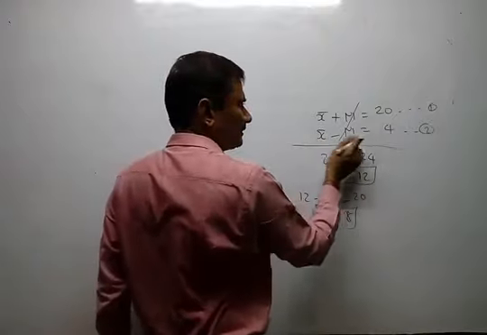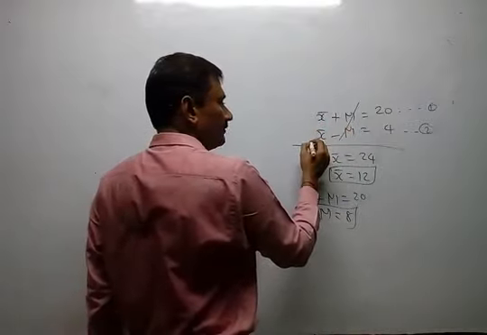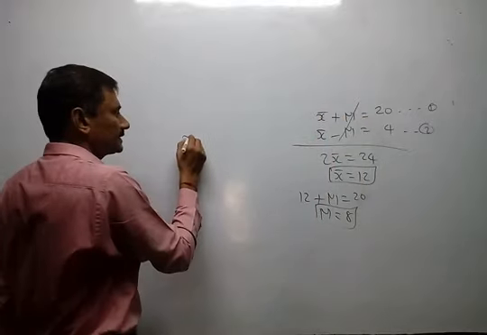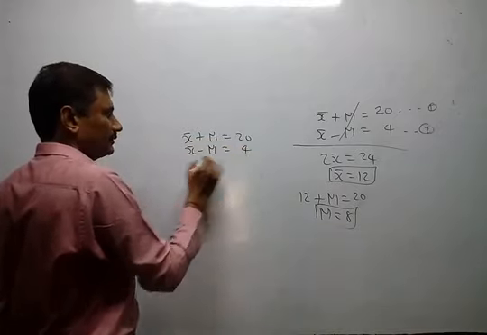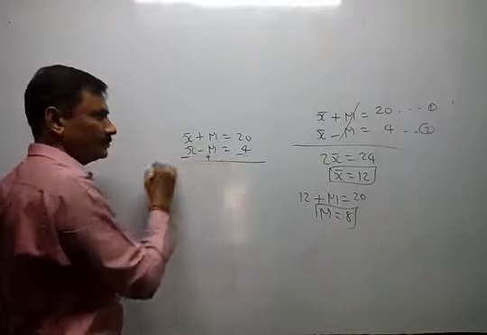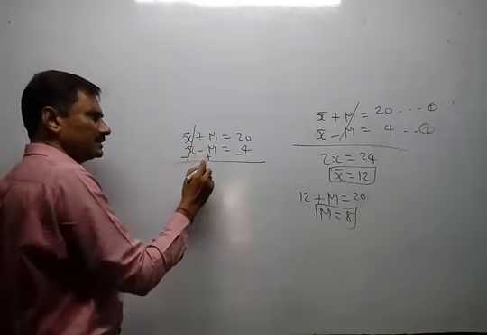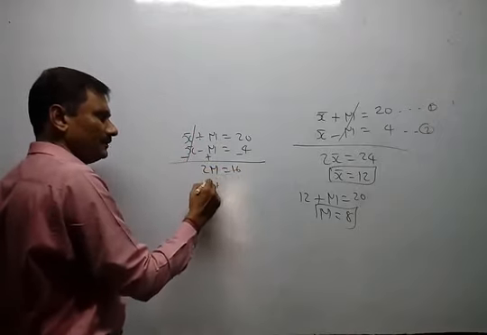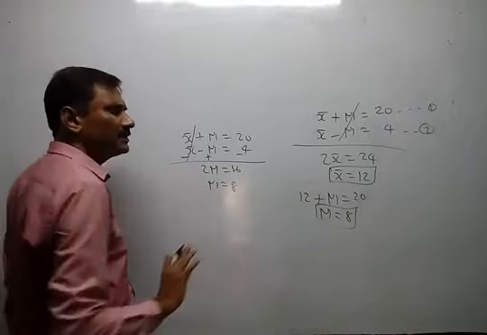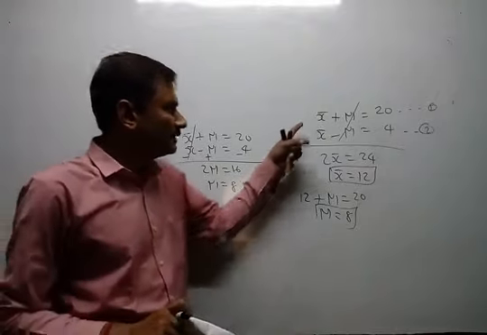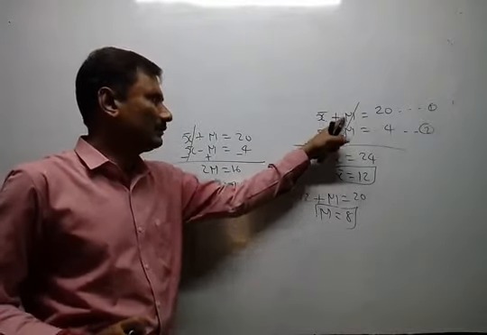Sometimes we have to subtract the second equation. Here we add both equations. Sometimes we take the difference of equations also. At that time we have x bar plus m equal to 20, x bar minus m equal to 4. If I subtract this equation, then all signs must be opposite. So this is subtraction. So x bar cancels here, but m and m do not cancel because it is plus m, so 2m is left. This is equal to 16, m equal to 8. Now if you want to find x bar, then it will be here. And here one plus point was that the coefficients of x bar and m are both equal.